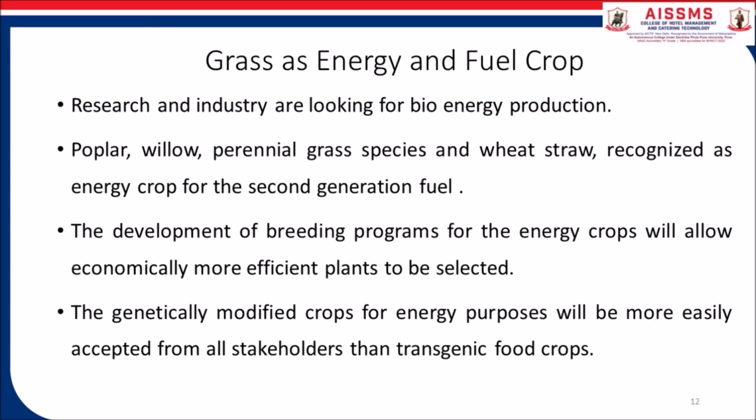Next, grass for energy and fuel crop. Research and industries are looking for crop production systems that give biomass production transferable to bioenergy. Poplar, willow, perennial grass species and wheat straw are recognized as energy crops for the second generation fuel. The development of breeding programs for the energy crops based on scientific findings of plant system biology, which will allow economically more efficient plants to be selected. The genetically modified crops for energy purposes will be more easily accepted by all stakeholders than